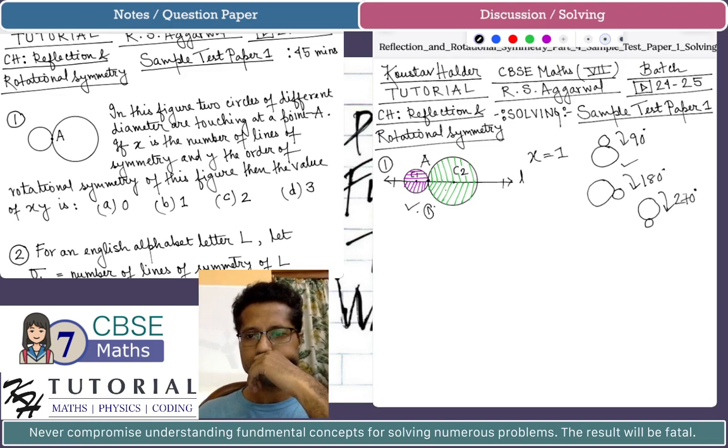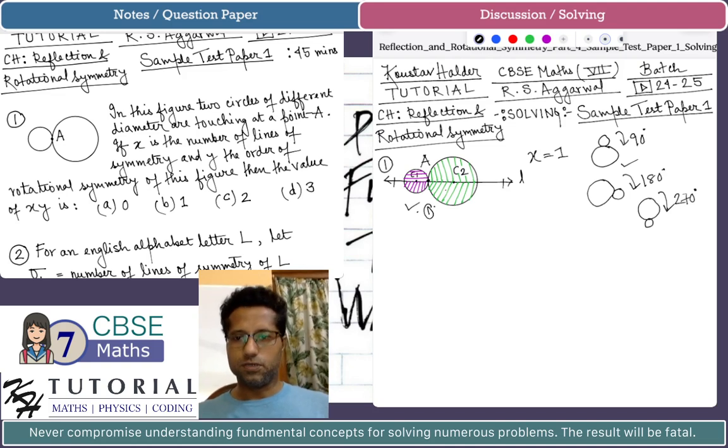90, 360, 180. So this was figure 2 after 90 degree clockwise rotation, and this was figure 3 after 180 degree clockwise rotation, and this was figure 4 after 270 degree clockwise rotation,